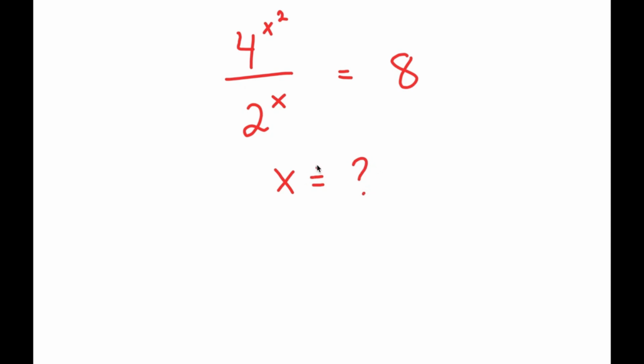Alright, so in this video, I'm going to solve the equation 4 to the power of x squared over 2 to the power of x is equal to 8. So, the only variable I'm solving for, and the only variable that's in this equation is x. Now for my solution,